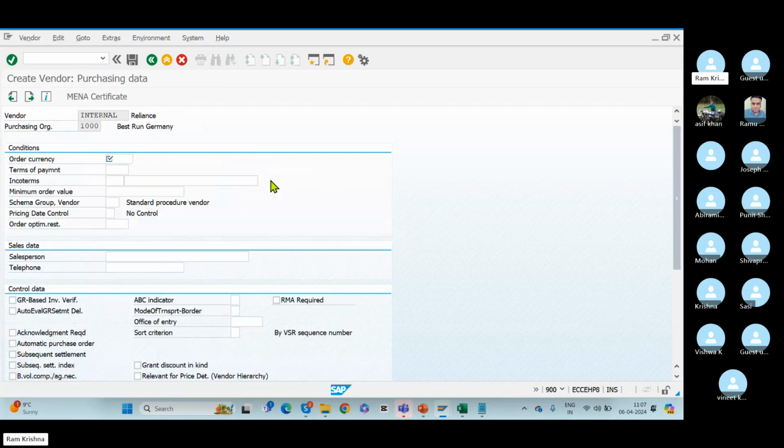Enter. And the only thing you need to know is this purchasing data. In the vendor master purchasing data, you need to maintain the order currency of the respective vendor, which is the currency accepted with respect to the country. I'm selecting INR, and terms of payment means payment